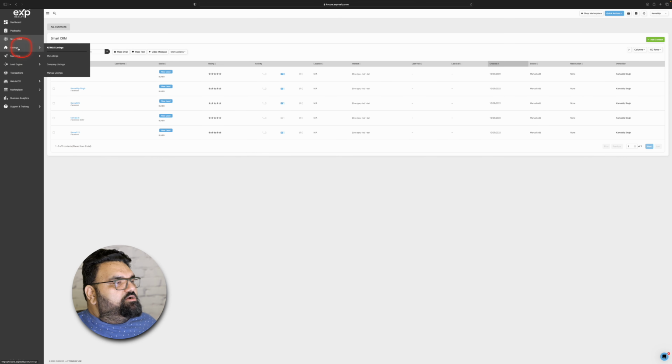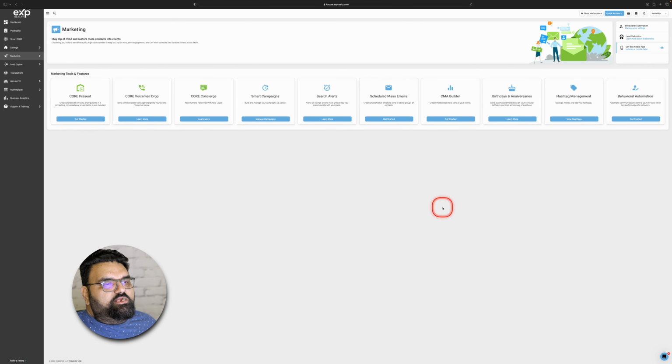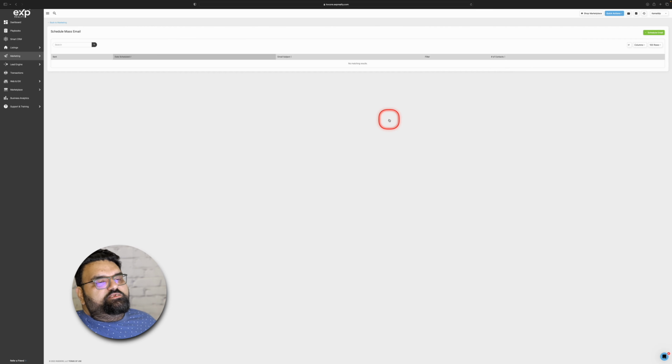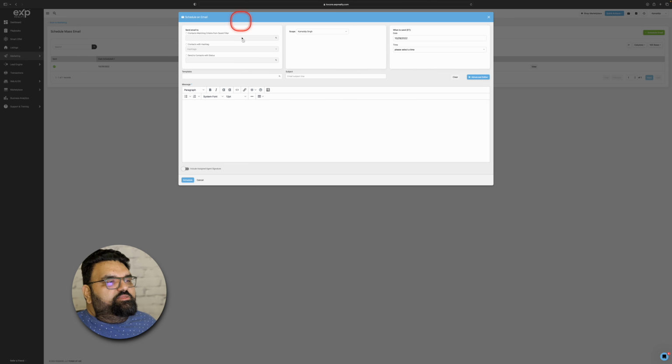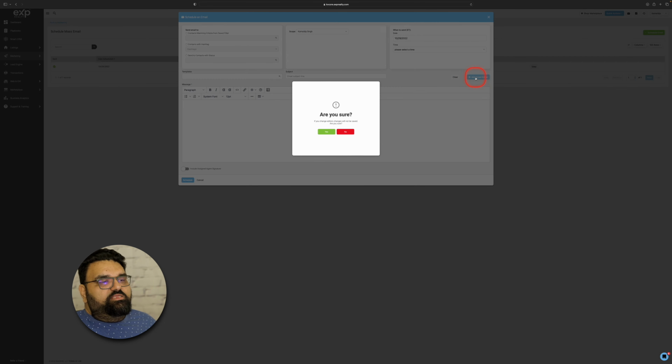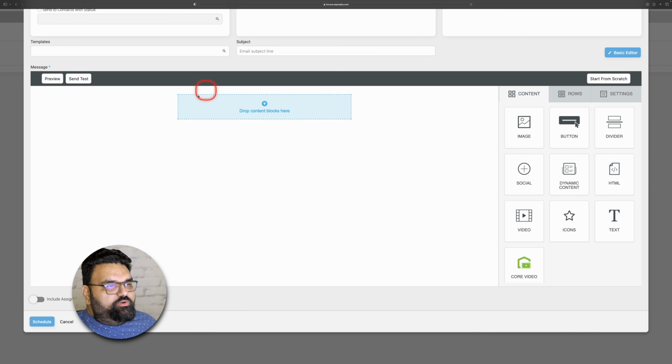So now we'll click on marketing, and we're gonna click on schedule mass email. Get started. We'll click on schedule email. It will bring this box up, and you want to click on advanced editor. It'll say, are you sure? Yes, we're sure. So this is where we will design our flyer, and from this tab content we will drag